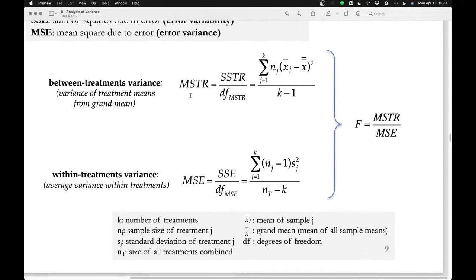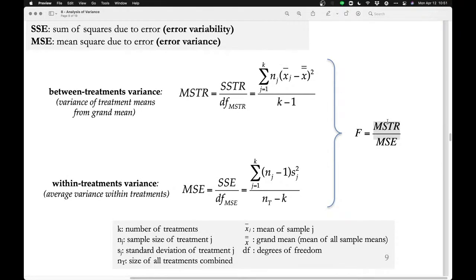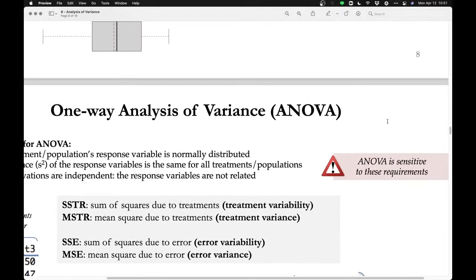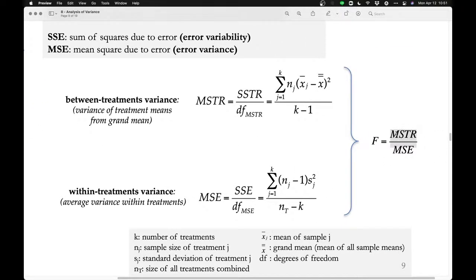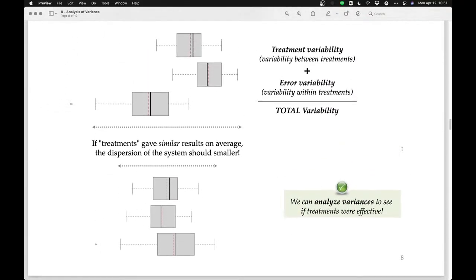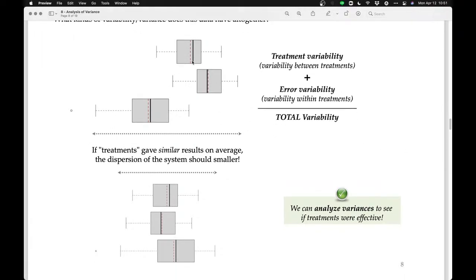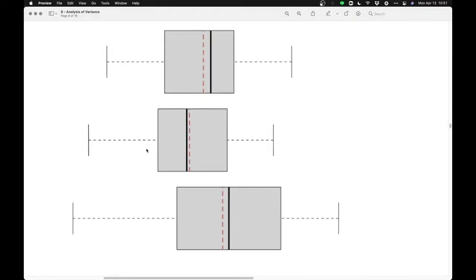So then what we do is we simply take these two variances and we divide them. If the treatments didn't have any effect, your data would still have some variance because of error. It would look like this second picture. And the variance of the treatments, if there was no difference between the treatments, would be the same as the variance of the error. So essentially it's saying